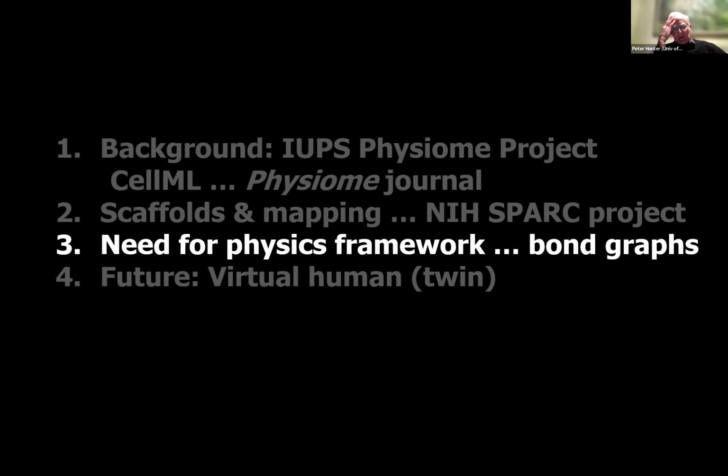So we really went back to the drawing board and started thinking about what the appropriate framework is for dealing with physics in a multi-scale sense, and hence the use of bond graphs, which are a way of guaranteeing that you always satisfy mass, charge, and energy for all your systems, and you can then deal with physiological systems that move energy about between mechanics, electromagnetics, and chemistry. The bond graph framework is proving very valuable for making sure that we can capture behavior at the protein level, but also at the whole body level, which I'll talk briefly about.